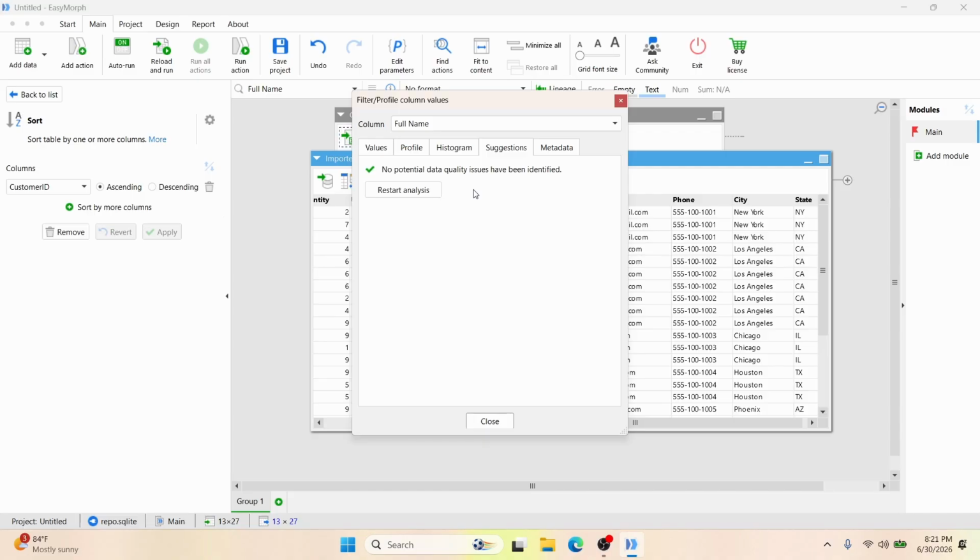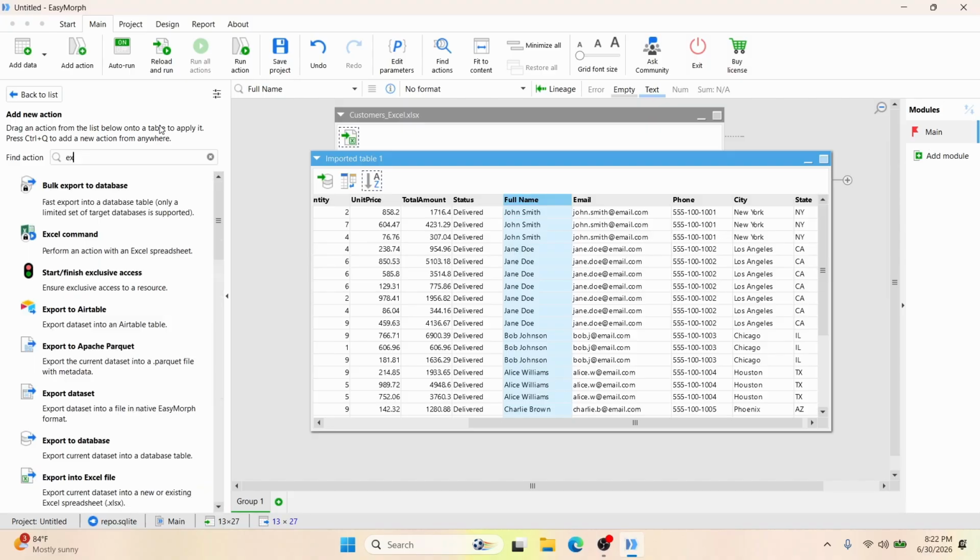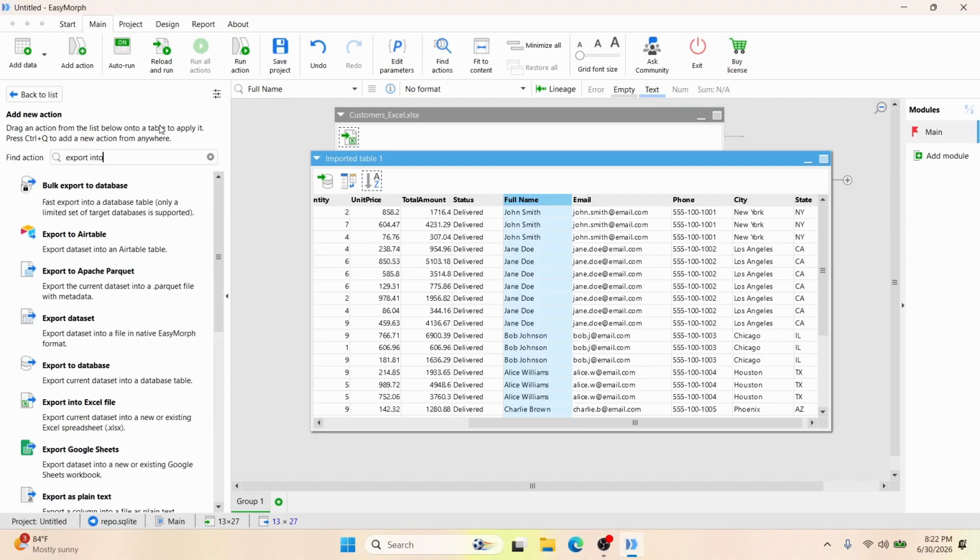This is a really useful feature to know about. If you had empty values, duplicates, or errors, they would show up here, and you could add a filter by type action to clean them up. Our data looks clean, so let's move on to exporting. Now let's export this combined data. For that, I will add an action called export into Excel file